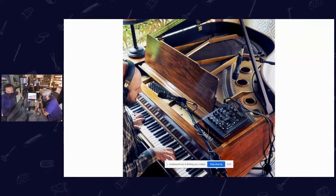If you are looking at this picture, this is just an example of what your setup should ideally look like. In this particular example, this guy is recording his piano with a microphone, which goes into the mixer, which then goes into the computer, and out to his headphones so he can hear himself as well. So when we go back to where we are now,